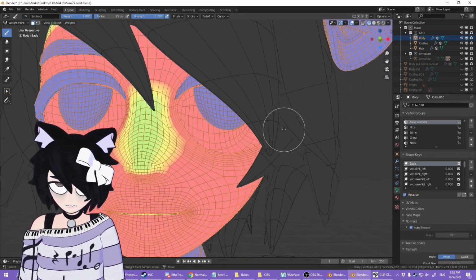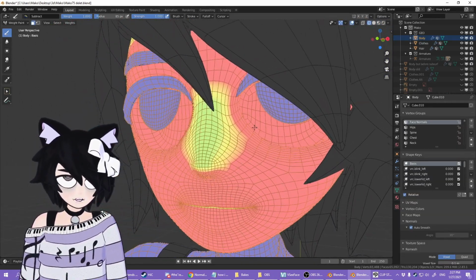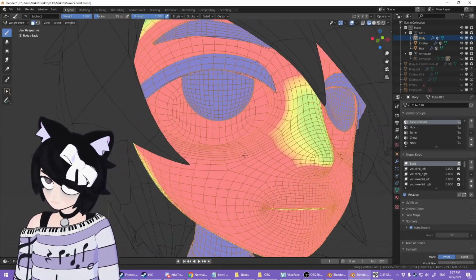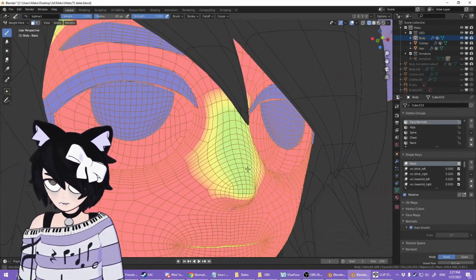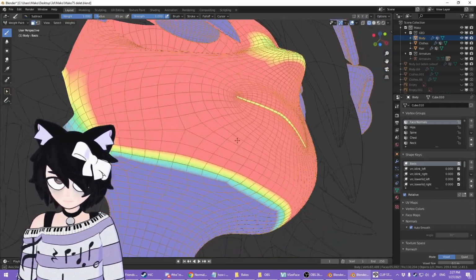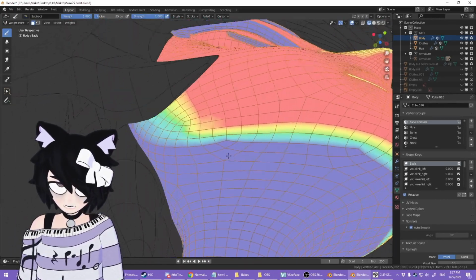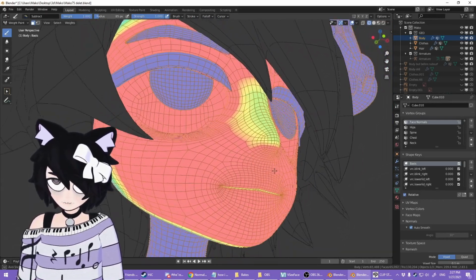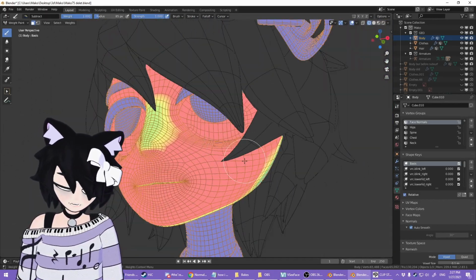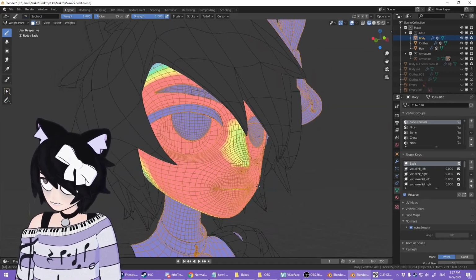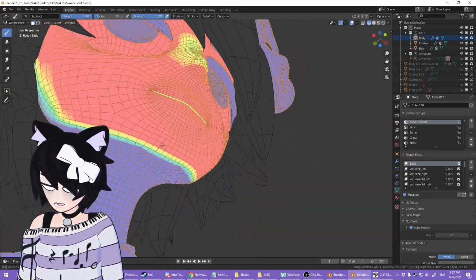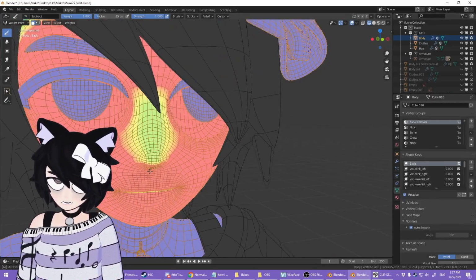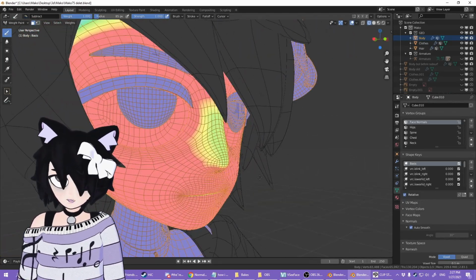Okay, so this is what I ended up with. I actually didn't go fully blue here, rather just a little bit of green and then some yellow. I also smoothed out the transition here a little bit on the edges. Something like this suited me just fine. This is only if you want your nose to have shading on it, even if the rest of your face is all facing the same direction, which I personally did. I think it looks pretty good.